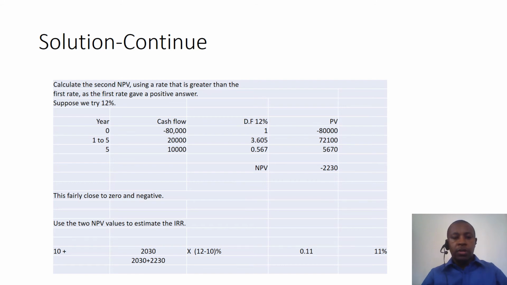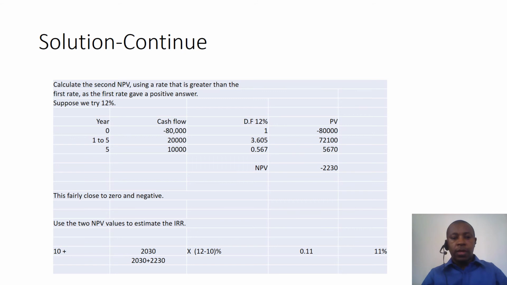Year 1 to 5, we use the annuity table because it is an equal cash flow of $20,000. The annuity factor at 12% for year 1 to 5 is